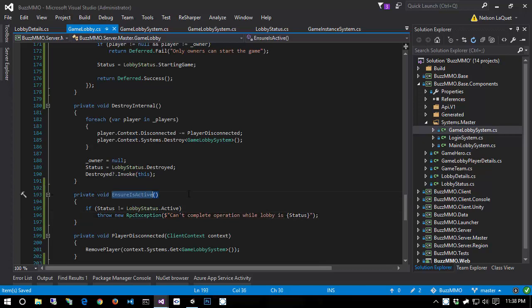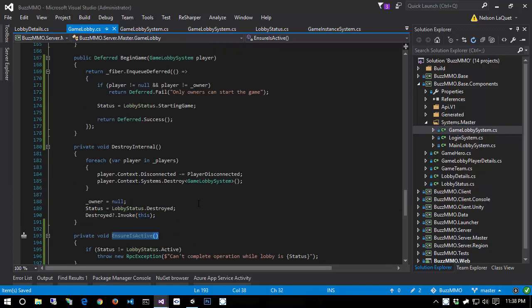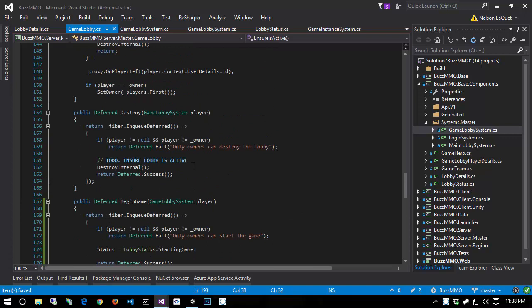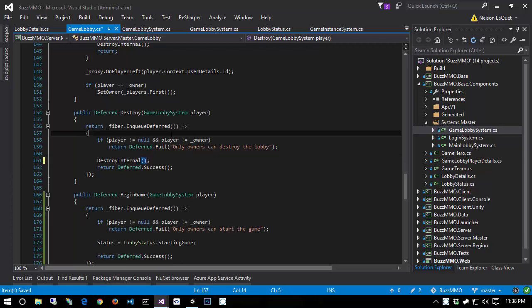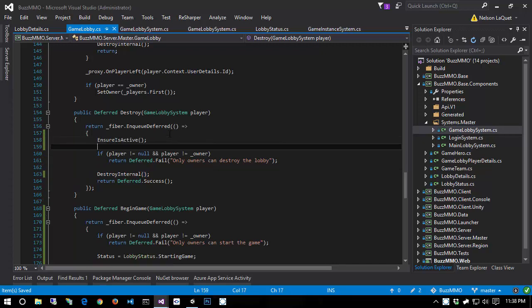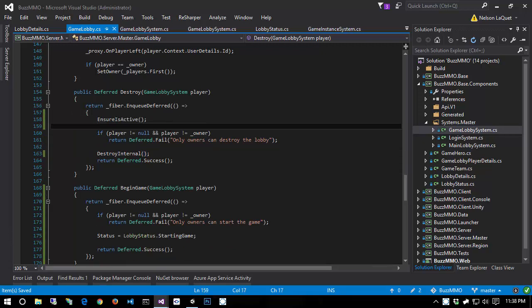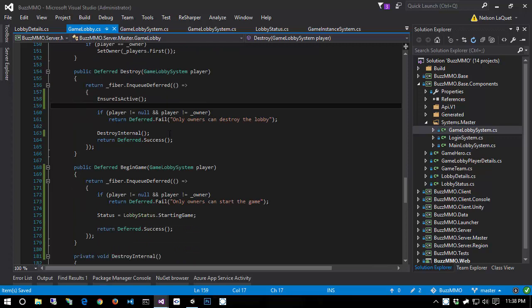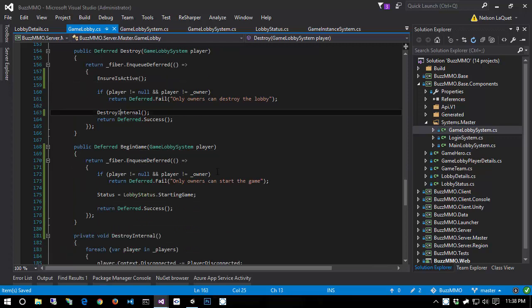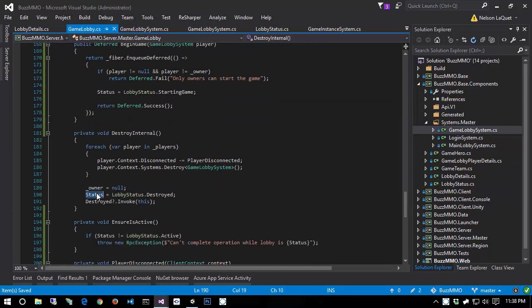Now, I'm going to come up here, and on our Destroy, we can now fix this to-do. I can say EnsureIsActive. Actually, we'll ensure it's active before we even do the player check. So that'll throw that RpcException if the lobby is currently not active. And then in our DestroyInternal, we already say status equals LobbyDestroyed. Though I wonder if